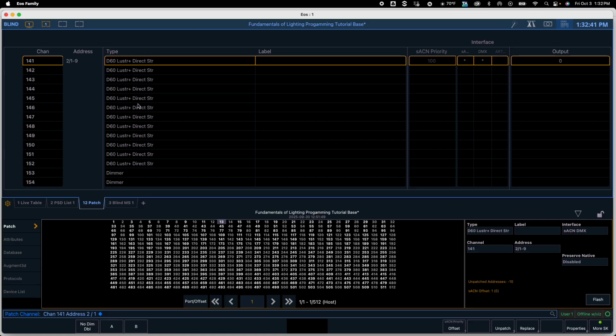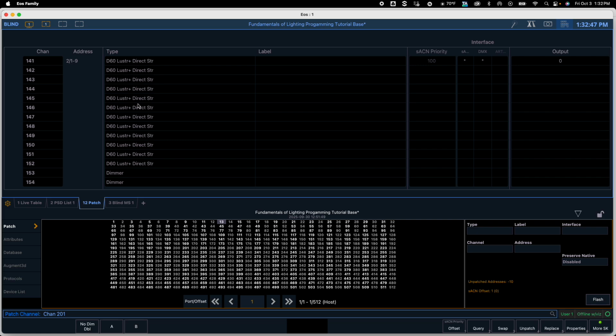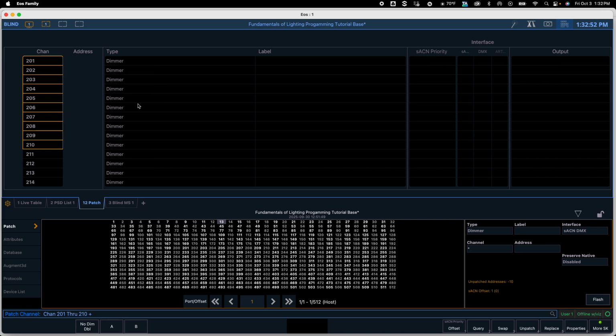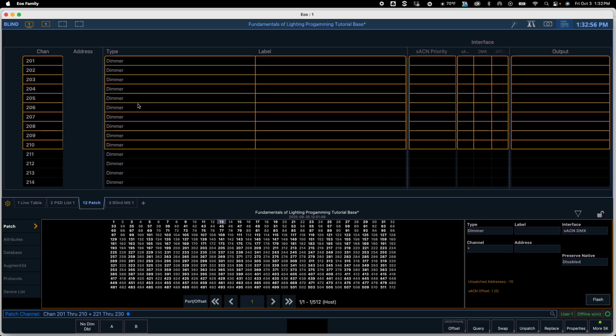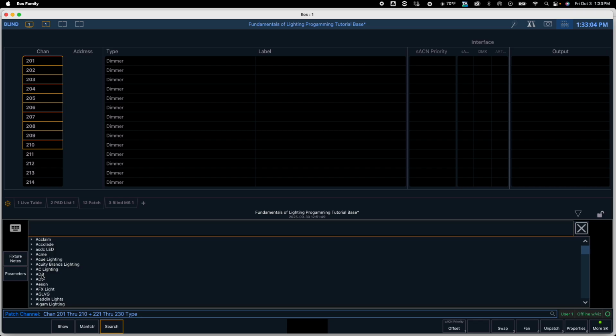The other fixtures that are going to be different are our cyc lights. Those are going to be channels 201 through 210, plus 221 through 230. Again, hitting enter. Now we can see we've selected those channels. Again, they're in the default of dimmer. I'm going to click on type again. And this time I'm going to type in